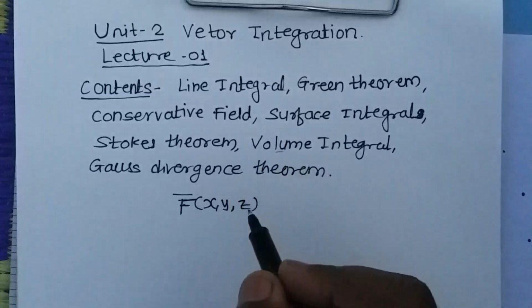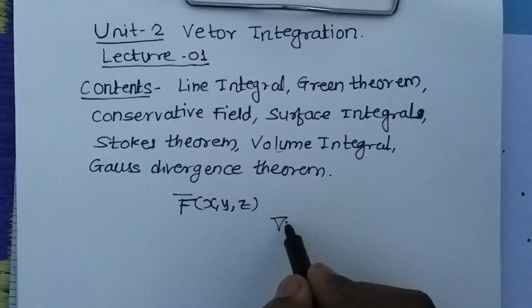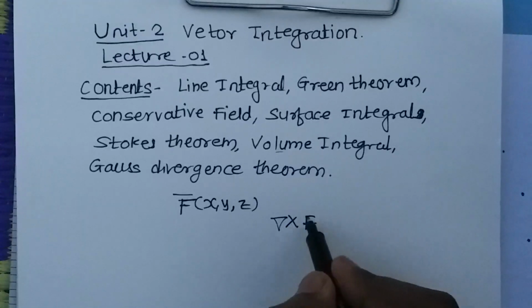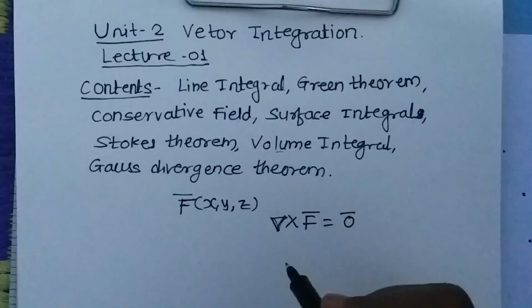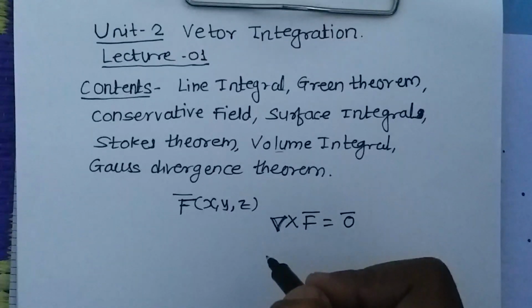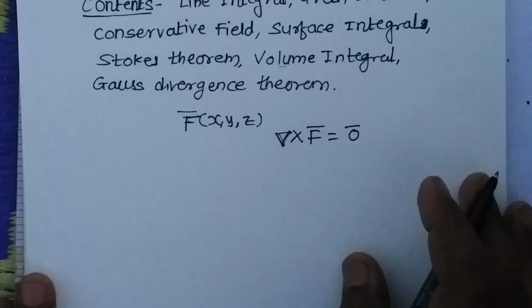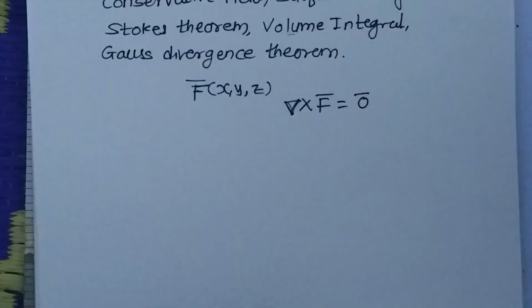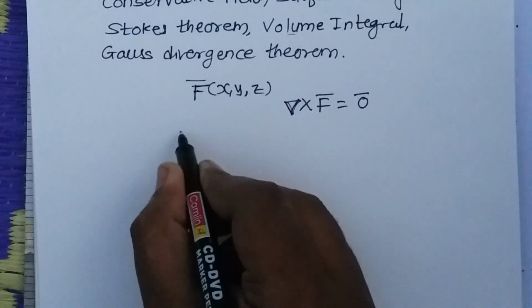Okay, so that definition: a vector field f bar is conservative whenever its curl equals 0, that is del cross f bar equals 0. Conservative means irrotational field, that also we have discussed. Okay, so what types of integrals are we going to have of vector point function f bar of x y z? The line integral